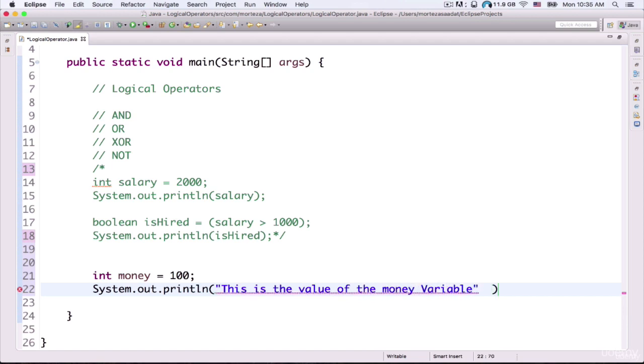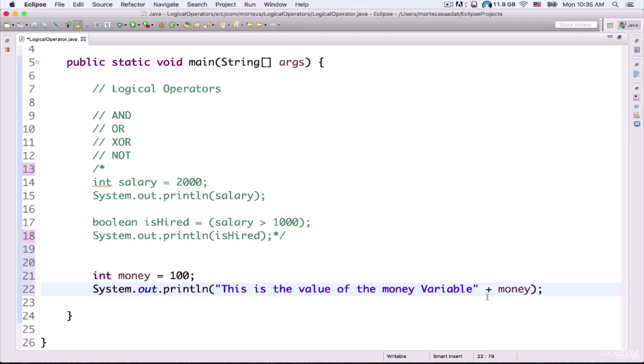And here after the double quotes, I need to put in a plus operator, because I want to concatenate this text here with my variable name. So I just need to type in here money,